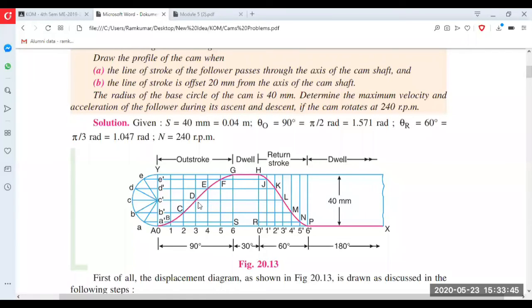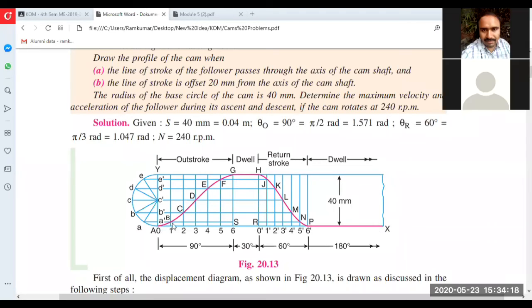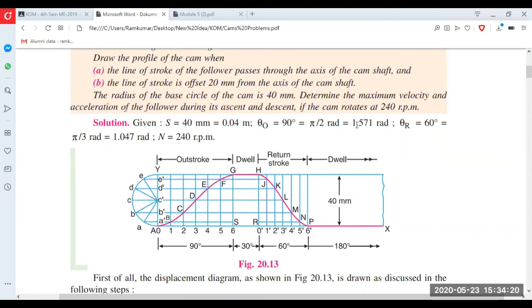Okay, here there is a dwell, so there is no requirement to mark the divisions. Wherever you have to divide, for the rise and for the return, you have to make divisions. How many equal divisions? 6 equal divisions. So here also you make 6 equal divisions and then you project it. From this point to A, from here to B, mark all the points and then join the curve. So this is the displacement, and you call this the displacement diagram.